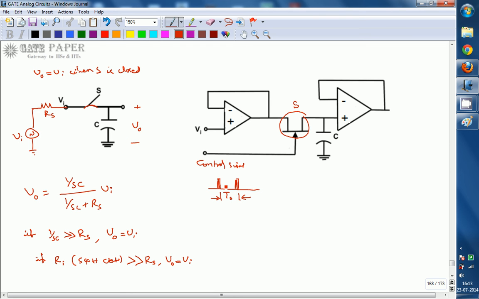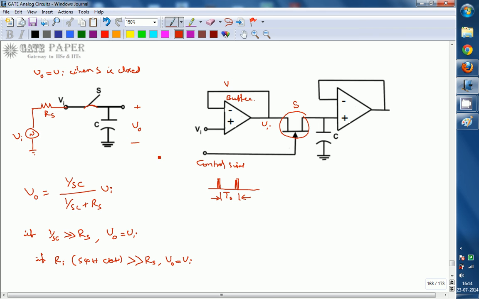closed, so that input is going to be applied to the capacitor. Capacitor charges to the sample value present at that instant. Again the switch will go back to 0. Now you are not applying Vi directly to the switch as previously. Now you are applying Vi through a buffer. This is going to be acting as a buffer. Buffer implies nothing but whose output must be the same as input, so you must get over here Vi.